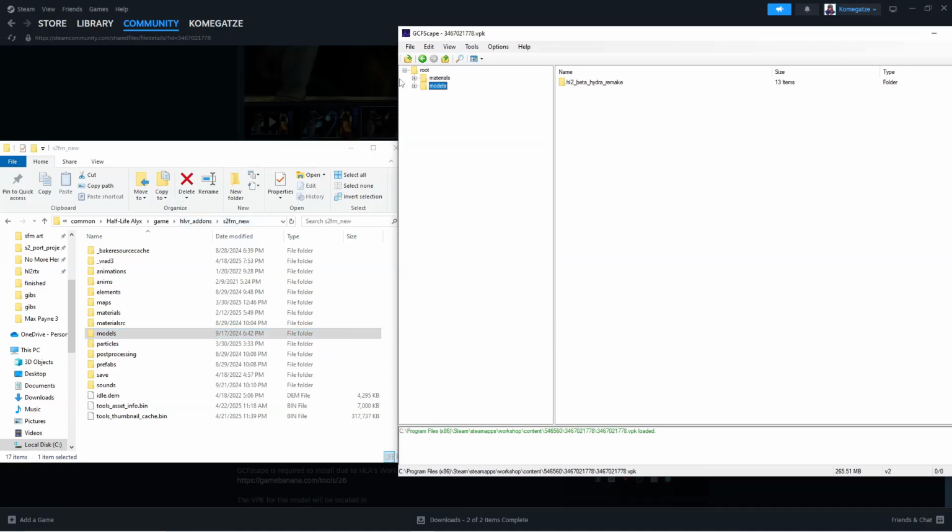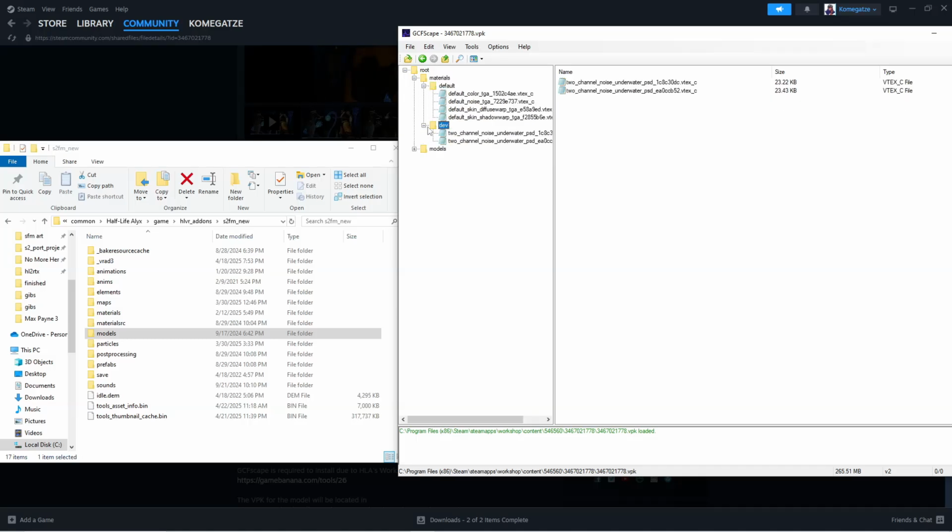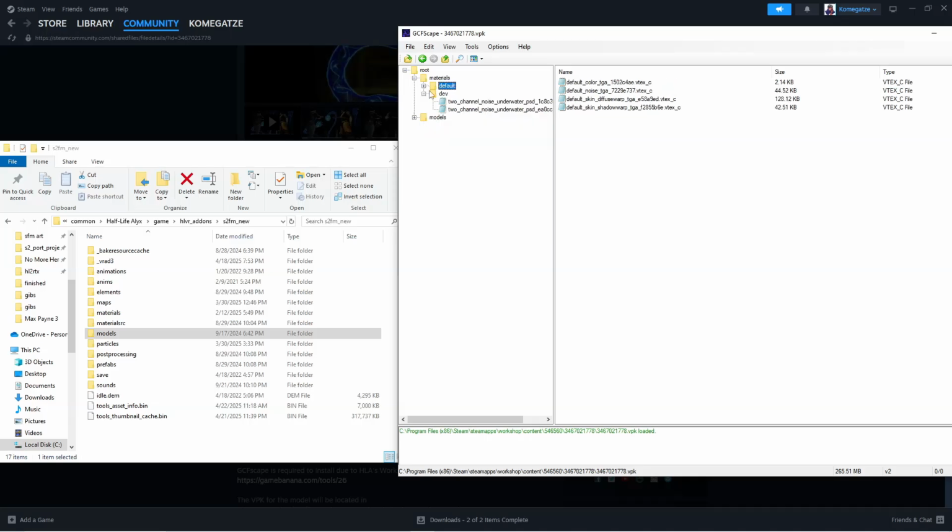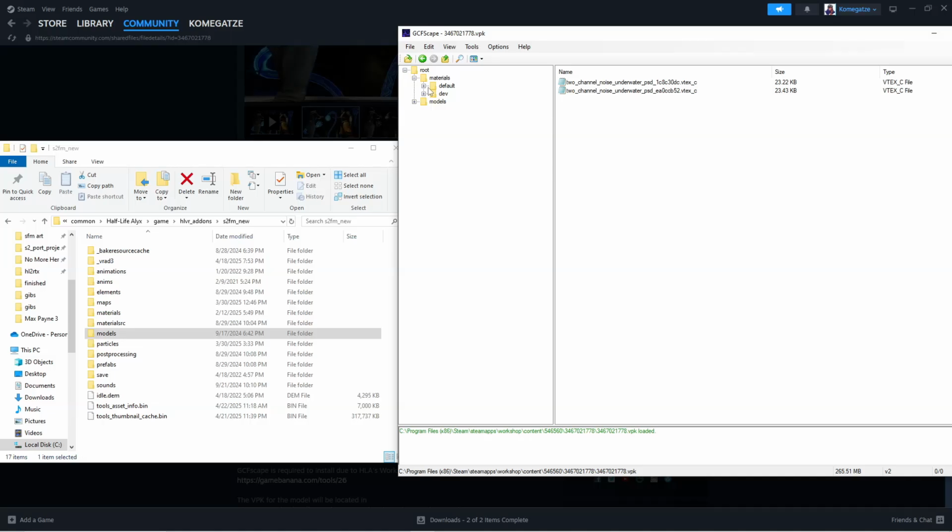In my case, it'll say materials here, but none of these are actually used. Don't drag anything in the materials folder in if it's not replaced. Sometimes it can cause problems with your post-processing looking whack, and I had to move all my stuff to a new add-on folder. That's why it's s2fm new instead of just s2fm. Anyways,